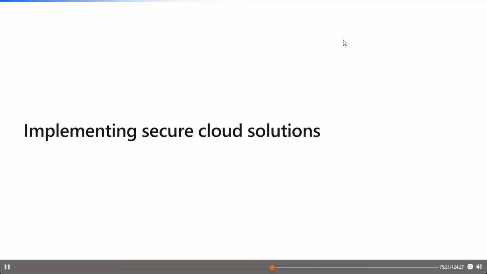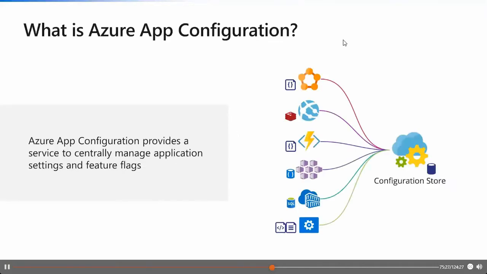So now let's talk about implementing secure cloud solutions. So we talk about what is Azure App Configuration. Basically, Azure App Configuration is an Azure service with which, in a centralized way, I can manage application settings and feature flags. So modern applications today, especially when running in the cloud, have many components that are by nature distributed. Spreading configuration settings across those components can lead to hard troubleshooting errors, or